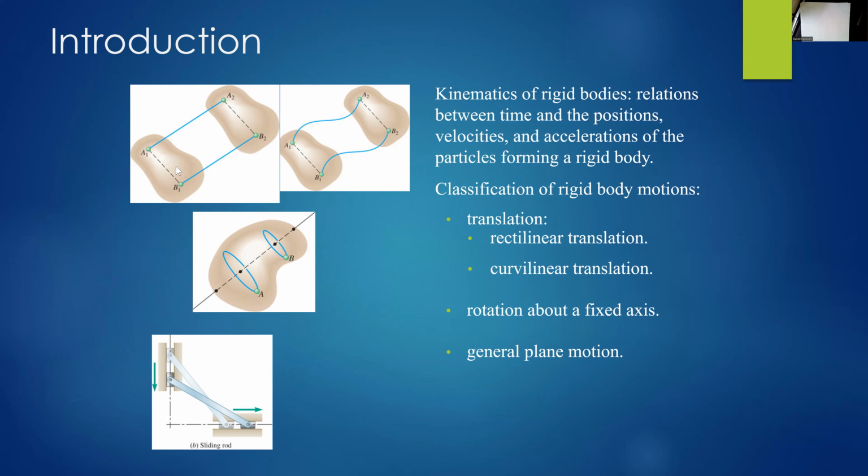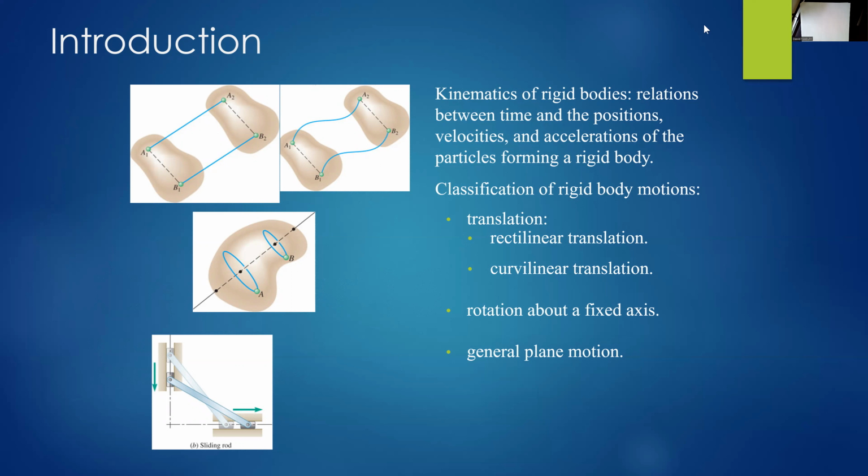upper left you see A1, B1, and what we call that is just plain rectilinear translation. We started that at the beginning of the quarter with just a particle moving from one to another, except now our particle is a rigid body, which means that it's a sum of many particles. And so when one particle moves, the other particle moves. So we can define the motion of A1 and B1 as being the same as when they get to A2